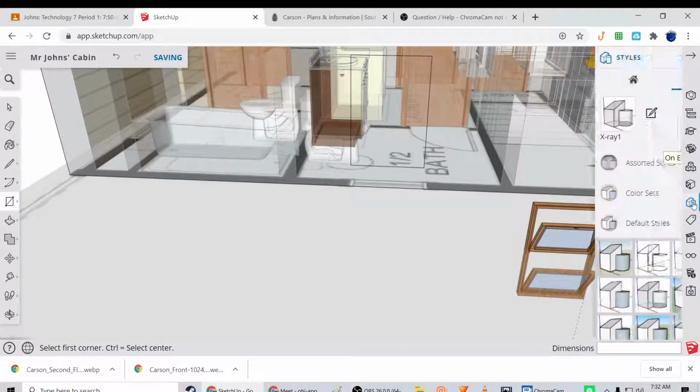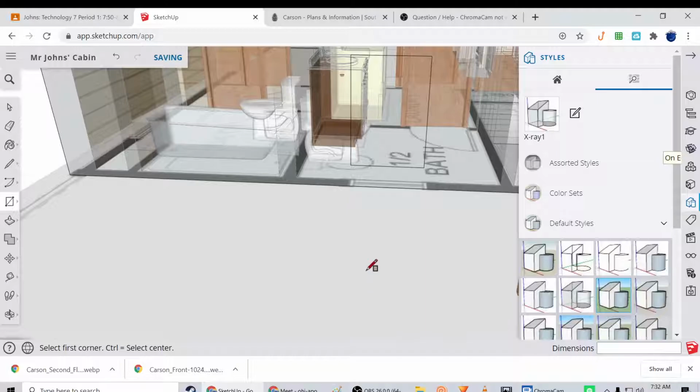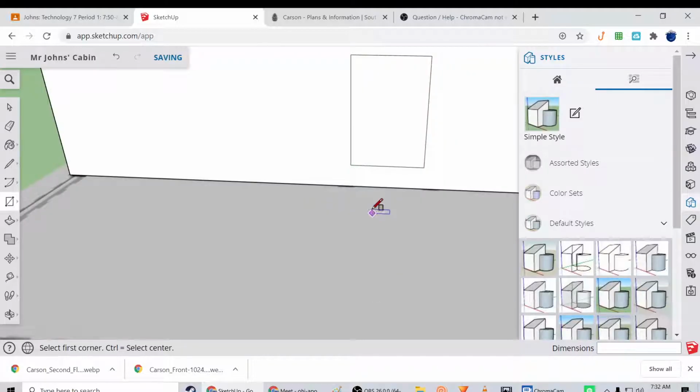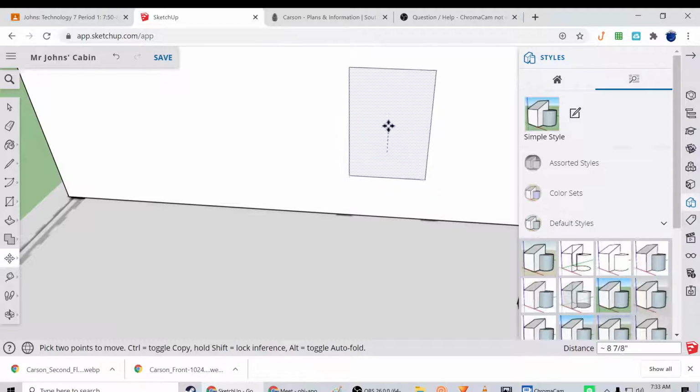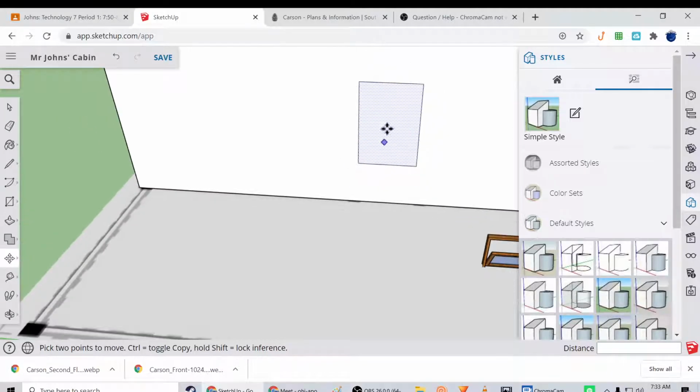Now I'm going to change the style back to solid. Give it a second to load. There's a lot of graphics stuff it's doing when it switches back, making everything solid. Now this isn't a group, so if I clicked on just this blue line, it would move just that line. Same thing with all, because it's not a group. But if I click on the middle of this shape, it is smart enough to know that you want it to be a solid